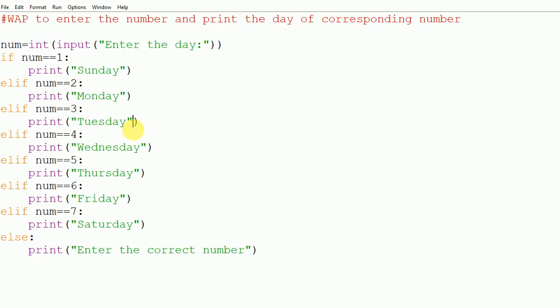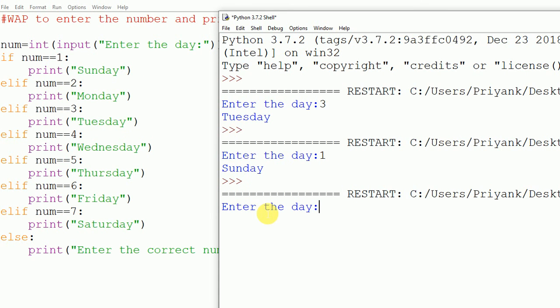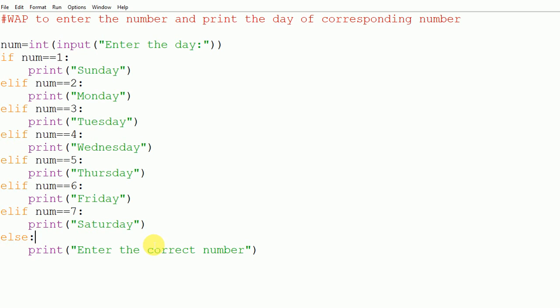ऐसे ही मैं इसको एक और बार इंटरप्रेट कराता हूँ। एंटर द डे, अब मैं 1 इंसर्ट करता हूँ तो संडे आ रहा है। फिर से इंटरप्रेट कराता हूँ। अगर मैं सपोज नंबर 8 इंसर्ट कर देता हूँ, तो एंटर द करेक्ट नंबर, दैट मीन्स एल्स वाला पार्ट एग्जीक्यूट करेगा। यहाँ इस प्रोग्राम में मल्टीपल कंडीशंस है 1 से लेकर 7 तक, और अगर आप कंडीशन ग्रेटर देन 7 इंसर्ट करते हैं तो एल्स वाला पार्ट एग्जीक्यूट हो जाएगा कि एंटर द करेक्ट नंबर।